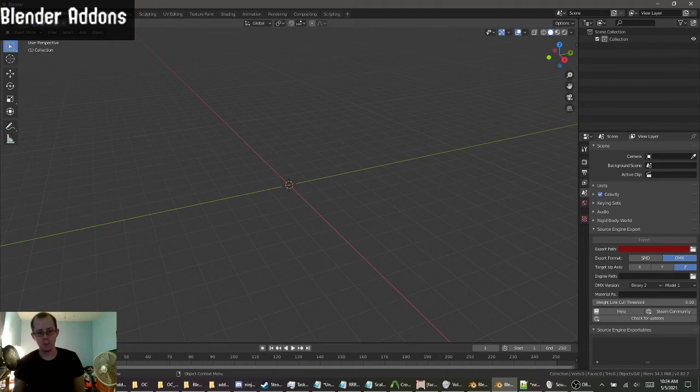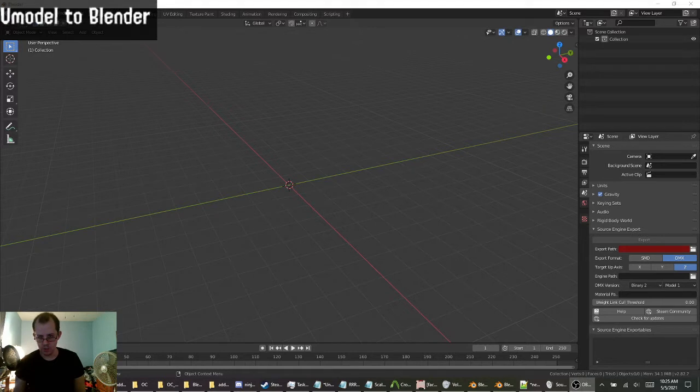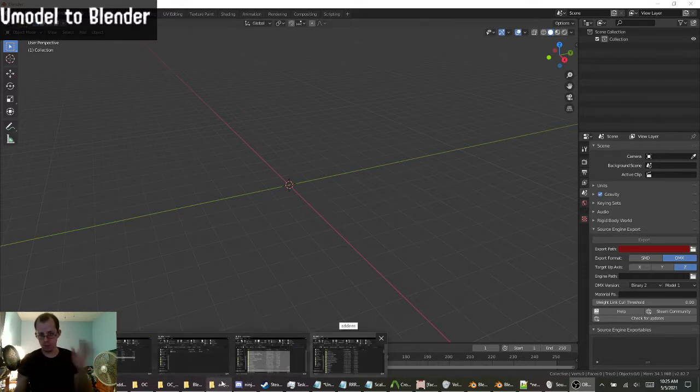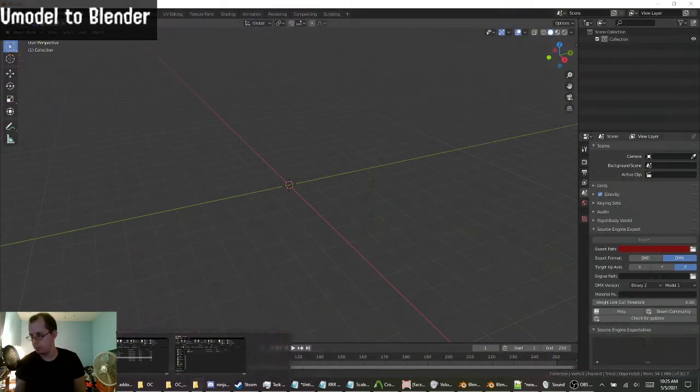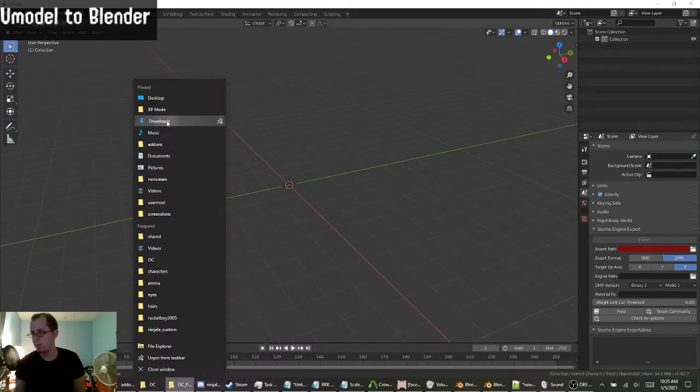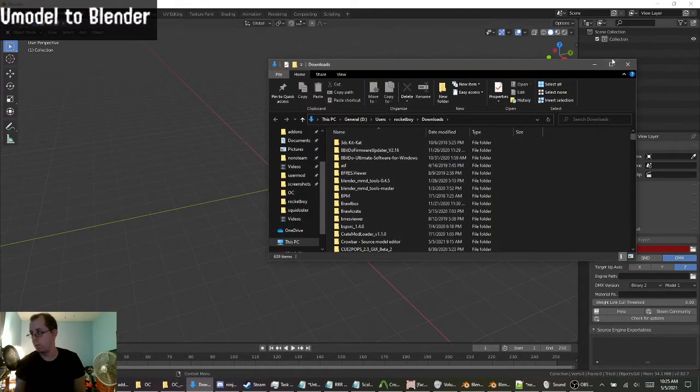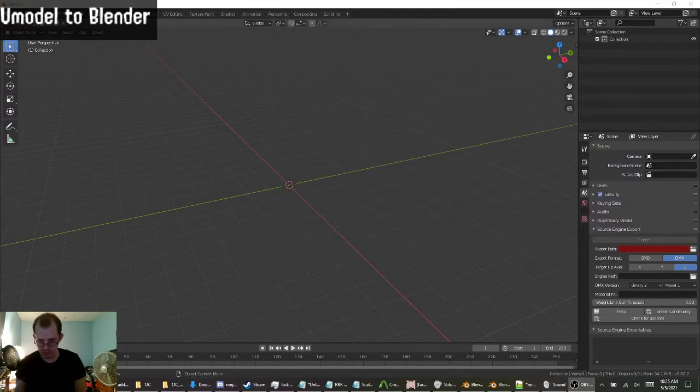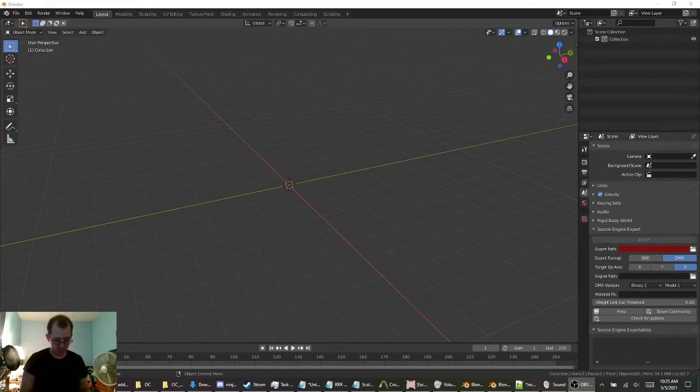So now, next step. Now we should go to UModel. Alright, for those who want models from UModel to Blender, we want to bring your character model from UModel into Blender. So this will be fun and interesting. For me, I have my UModel. Actually, no, we're not going there just yet. I'm very sorry. I wanted to jump to this, but we need to actually do